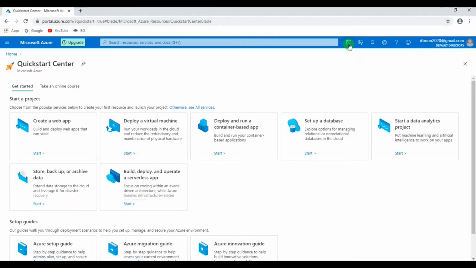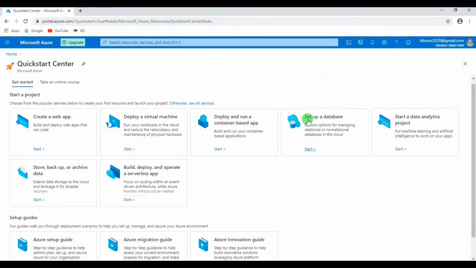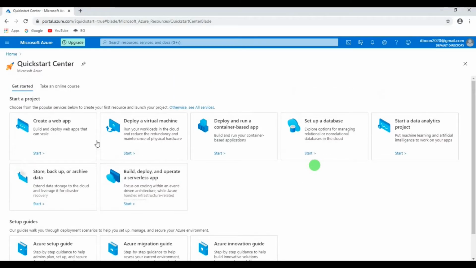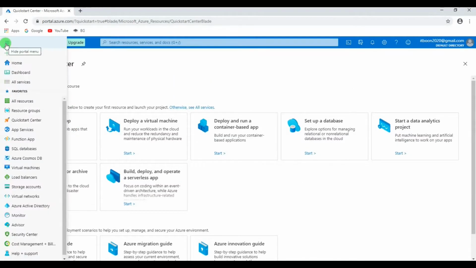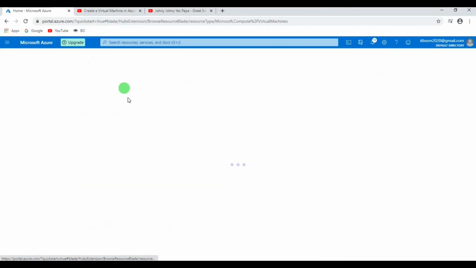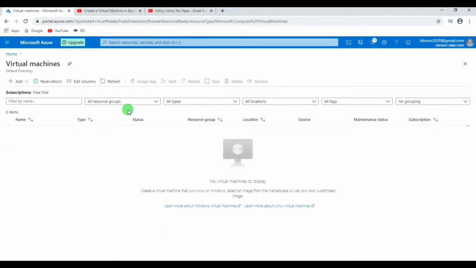Okay, this is the cloud shell. It's a command prompt on the cloud. This is the filter option, directory plus subscription options, and various other services. You can give feedback on the home page itself. So various other options are available on the home page of the Azure portal. On the left hand side menu, you will see various options. I just clicked on home and went to virtual machine to create the new VM. Click on add and select virtual machine.